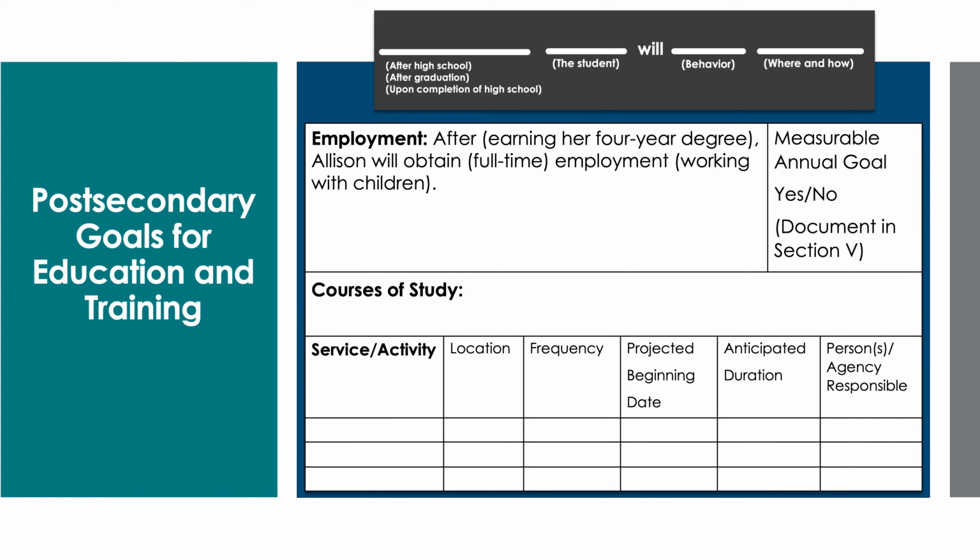Two more good examples of appropriately written employment goals would be: after high school, Jan will open a small business creating jewelry. Another good example would be: after high school, Chris will work as a forklift driver at Home Depot or Lowe's. Now, some non-examples, some not so good employment goal examples that we do see quite often, would be